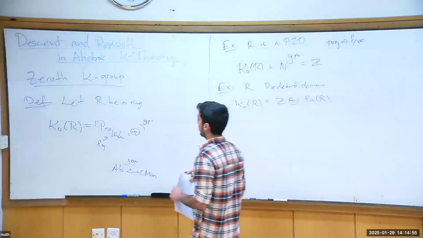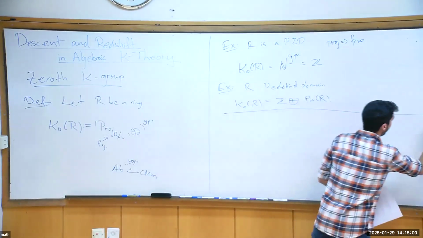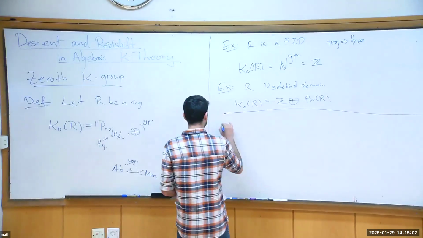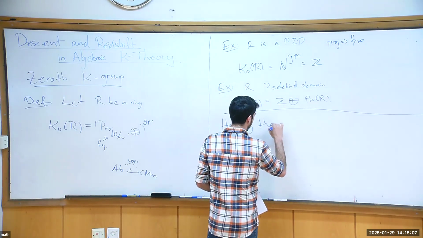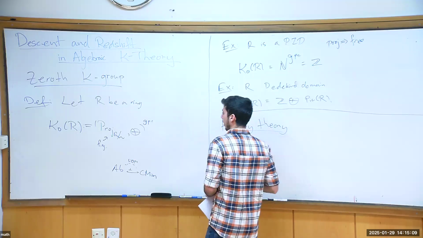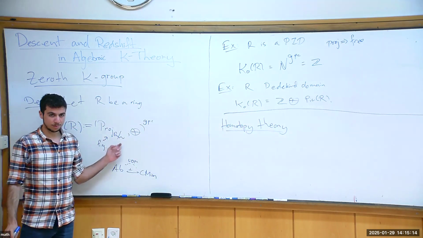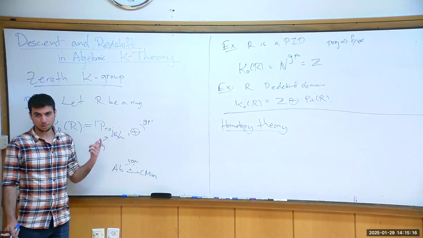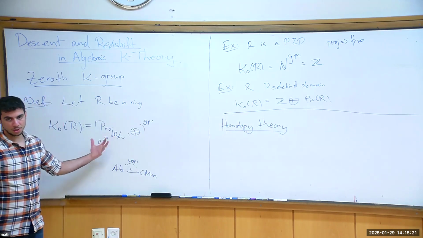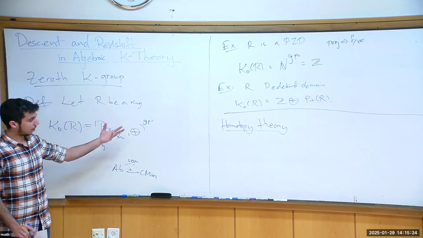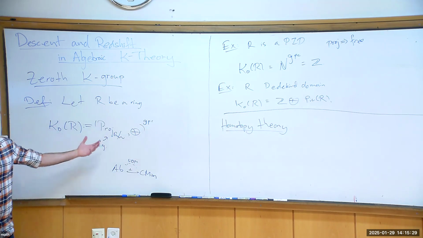So this was the zeroth K group, quite easy to define at the very least. And now I'm going to talk a bit about homotopy theory. So why am I going to talk about homotopy theory? In this construction, we took projective R modules, but we quotient by all isomorphisms. In particular, we forgot about automorphisms that projective R modules might have. And I would like to remember this information. I would like to carry it around with me, kind of like if you like stacks, for example, just kind of seeing the stack information in this collection,